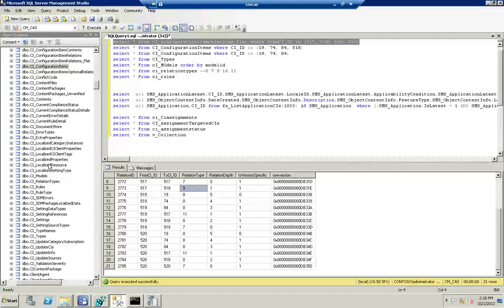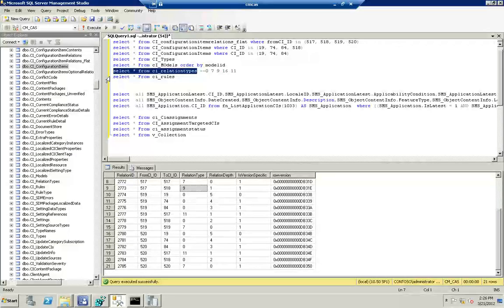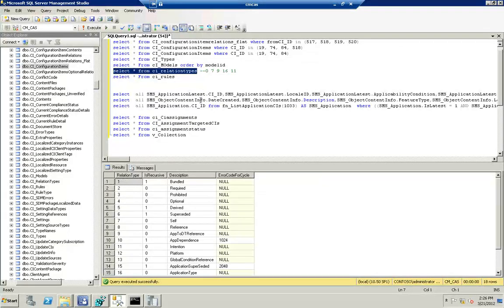We actually have a table called CI relation types. So let's go query on it and see what these are. The relationship type of 0, there is nothing defined for it. But we do have a 7. It's a self relationship, a relationship to itself. We have a 9, which is an app to deployment type reference. So basically we're tying an application to the various deployment types that are defined for the application. Then we have a 16, which is the application type itself. Then we have an 11, which is an intention